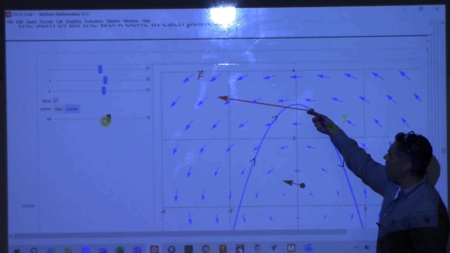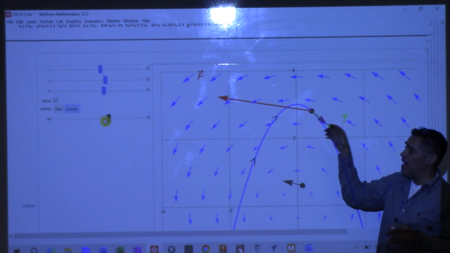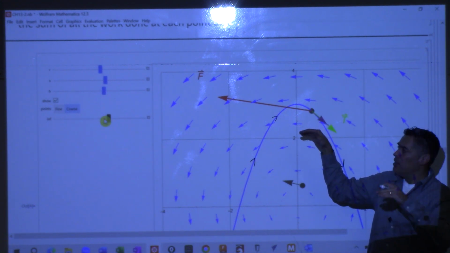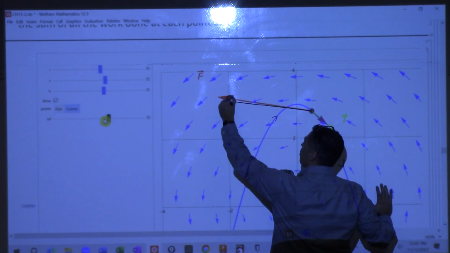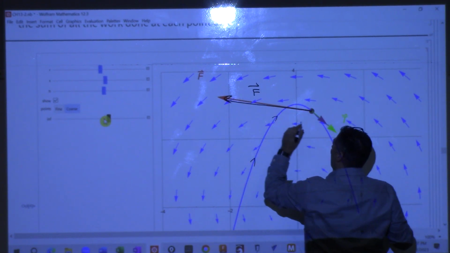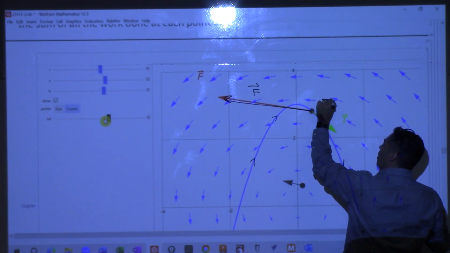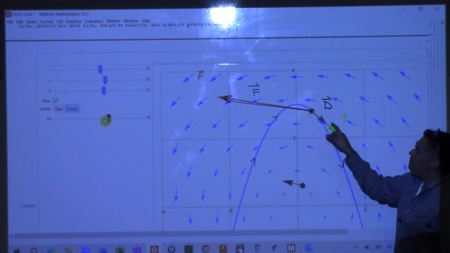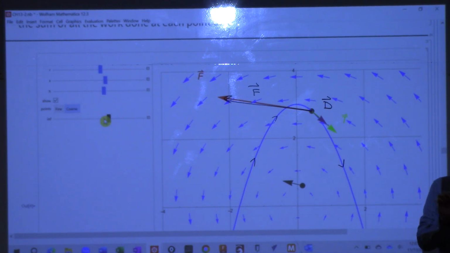And then this red vector is the field, all right? At that point, that's the field. So if I look at this as a force, that's my force vector. And then I need to come up with some vector here, which is like my displacement vector. Then if I dot the two together, I will get the work done moving along that displacement, right? Now the displacement